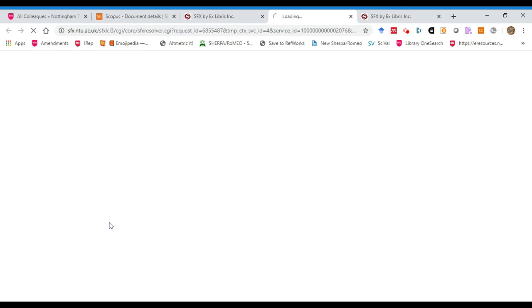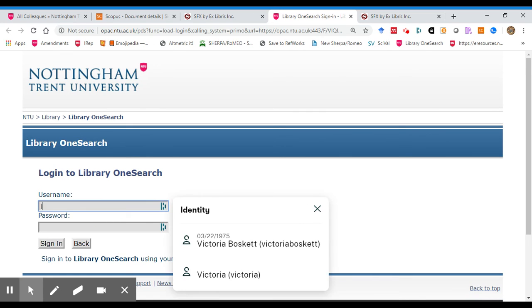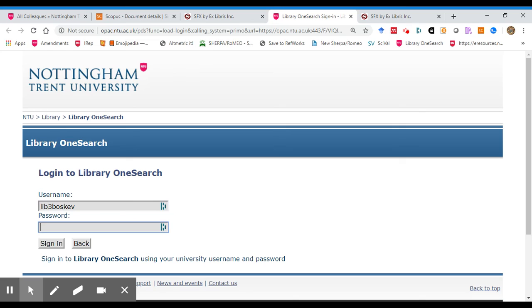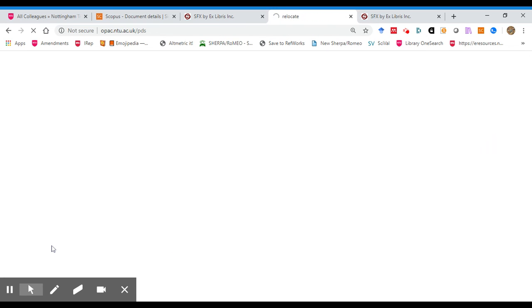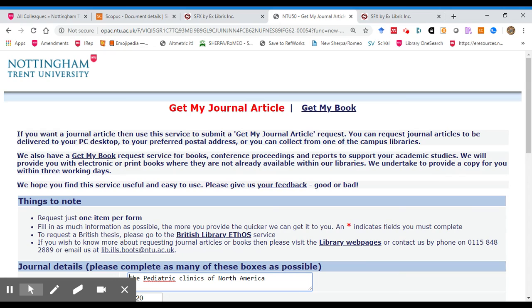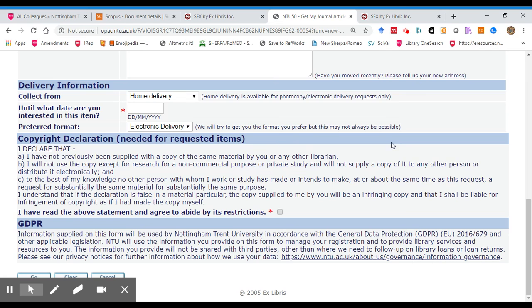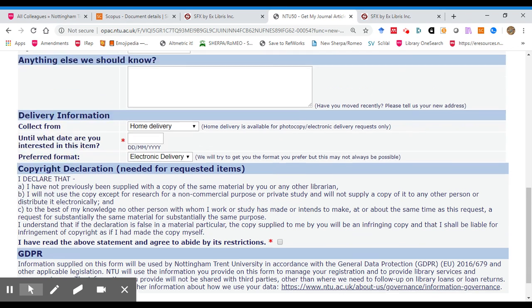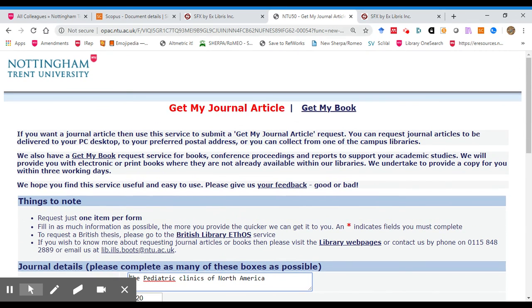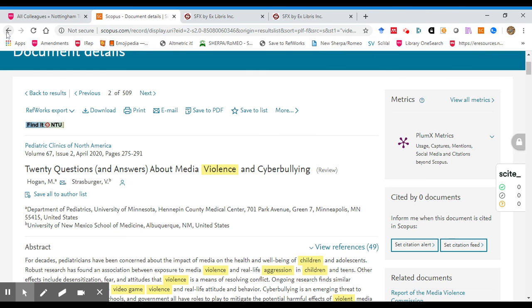And if you hit that, it will automatically open up after you've logged in. Just log in. And you'll see it's opened up the Get My Journal article into library loan form. It's filled it in for you. So you just need to specify the date and go, and it will order that, will get hold of that item for you from an external source. So if I just go back to my search results list,